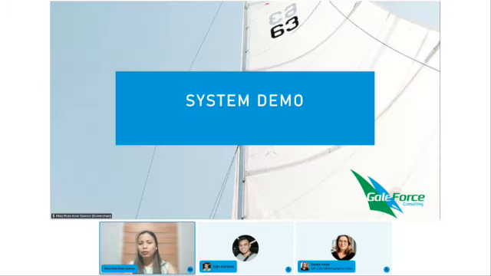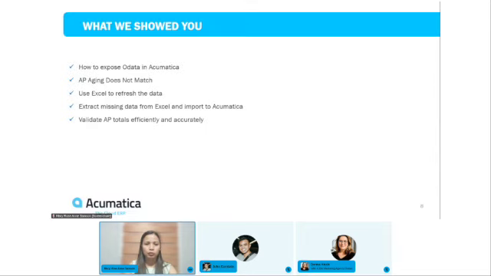So let's have a recap on what we did. We found out that our data didn't match. We used Excel to compare data from Acumatica with data from another source, pulled out the differences, pushed them back into Acumatica, and then double checked that our totals tie. That example of using Excel to pull data, maintain and keep it current can be applied to any generic inquiry into the system, whether that's Acumatica standard, one you build, or from other providers such as DataSelf and Solvers.